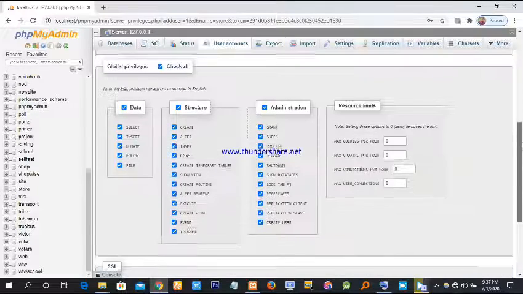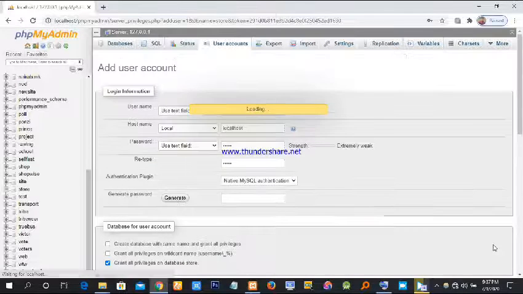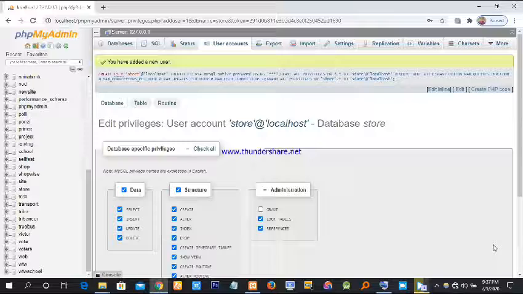You click on that checkbox, go down and click on Go. When you click on Go, we have created a database now. So the next thing we do